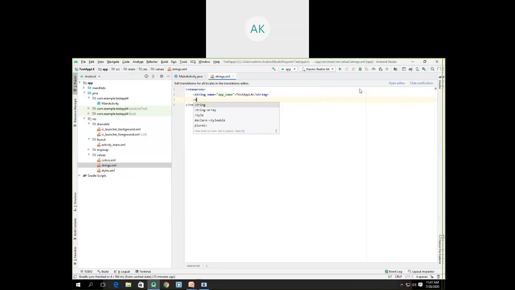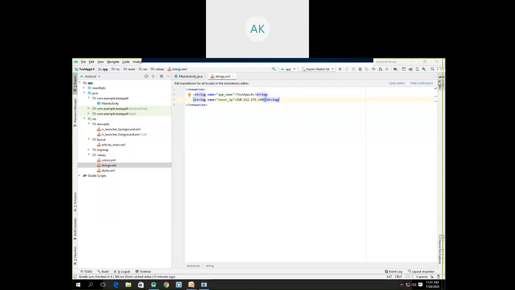So let's say it's a string. Now its name, as I said, will be serverIP, and then you can define the server IP here. So here I have declared the server IP in a centralized location. Now I can refer to this serverIP anywhere in any class.